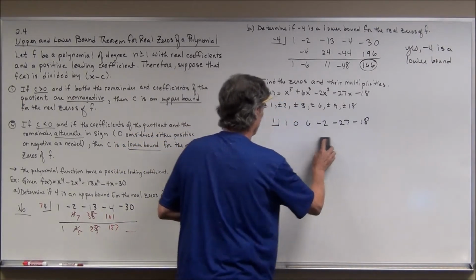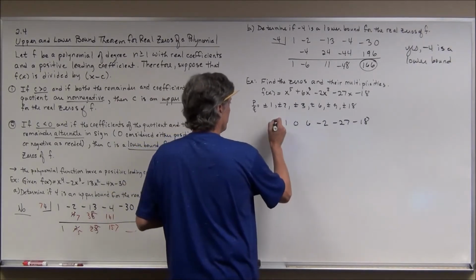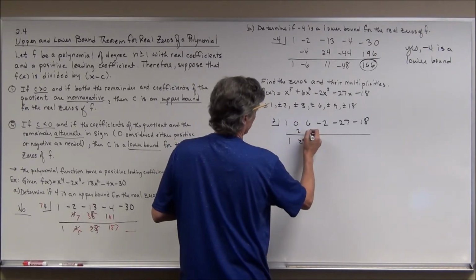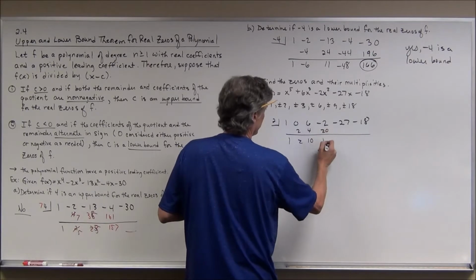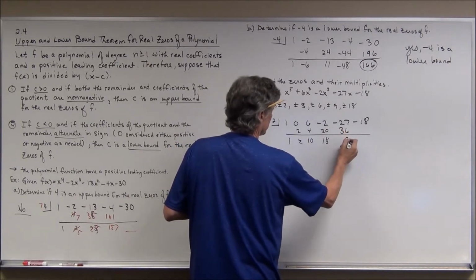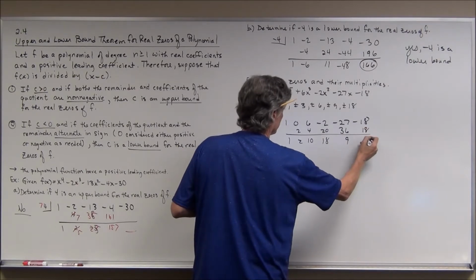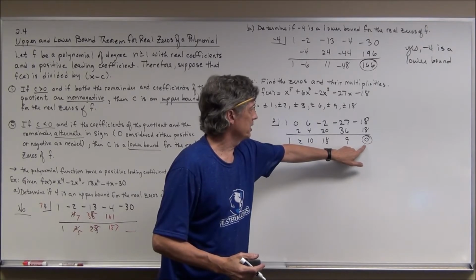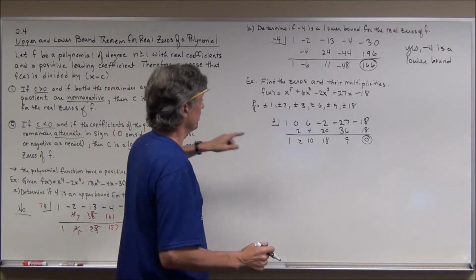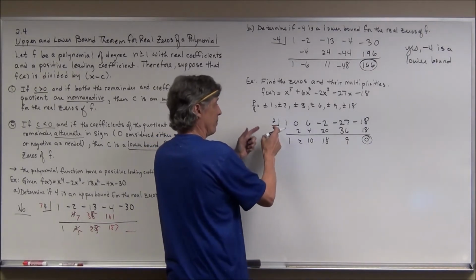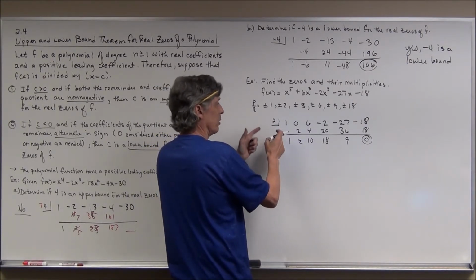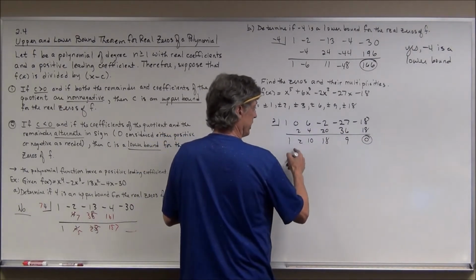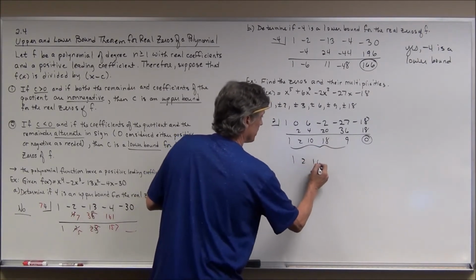I would go next to 2 and work my way through these until I can find 1, 2, 2, that's 4, 10, that's 20, that's 18, that's 36, that's 9, that's 18, and even though it's a 0, all positive, and I can use this as non-negative because of the 0. So this is kind of nice. I have an upper bound of 2. It's my smallest integral upper bound, and it's a 0. So that's pretty nice. So what I'm going to do next is take the depressed polynomial, 1, 2, 10, 18,